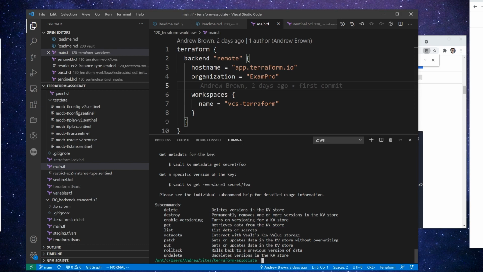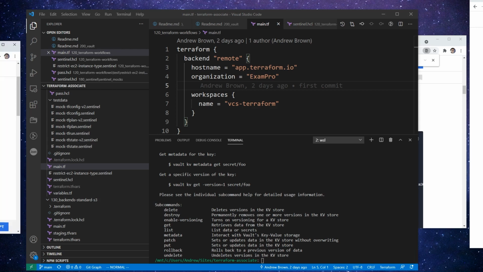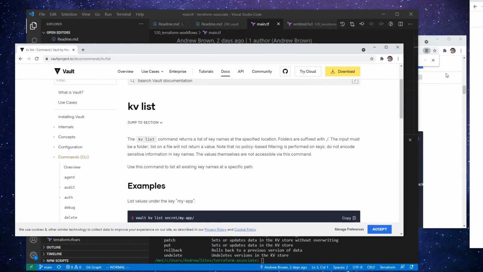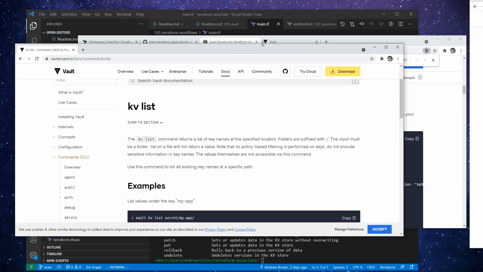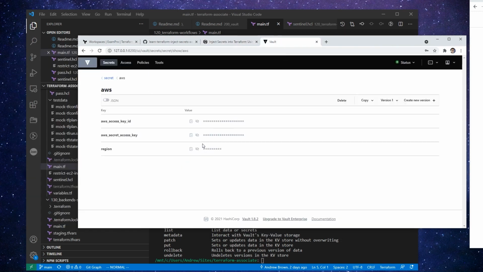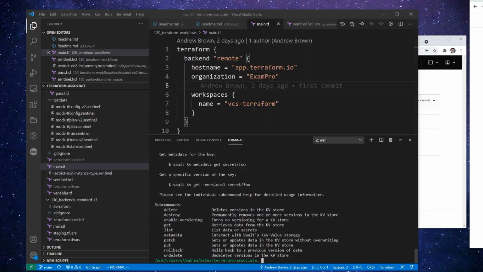AWS? No. So I don't know what the issue is there. It just would have been nice to use it via the CLI. But the thing is that, again, we don't need to use it that way. We just need to set it and get it. But I thought it would be fun to kind of use the CLI there. So now that we have those set, the way we're going to extract out these values is by using a